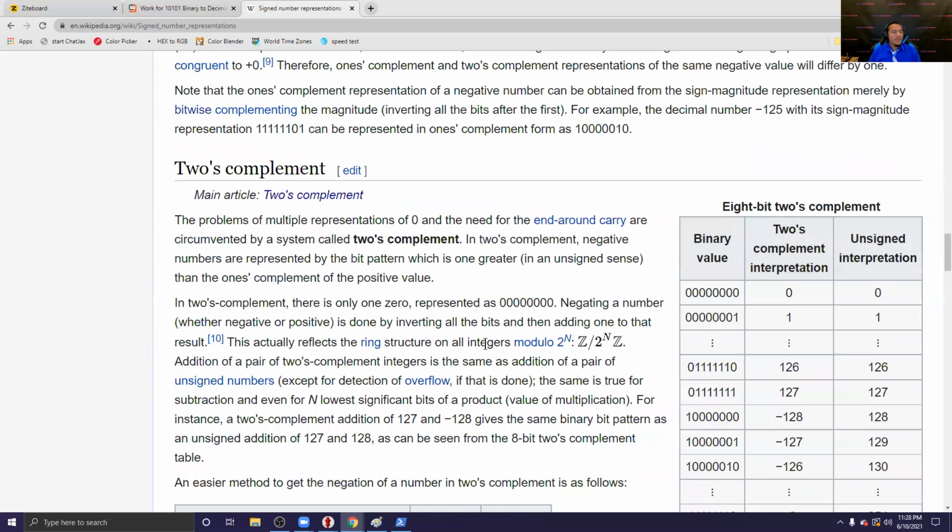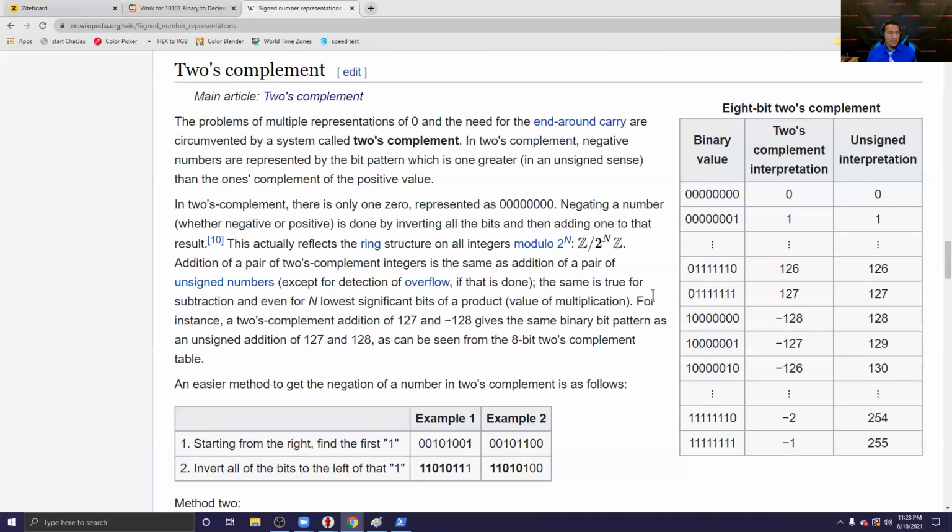So the 2's complement was created. It's basically the same thing as the 1's complement, except now we just subtracted 1 more. That way we just automatically carry the 1 over. And what's awesome about this is that now you end up with an extra number. Instead of negative 127 to 127, you now have negative 128 to 127. And that's amazing. We just created a number just by shifting everything to the left